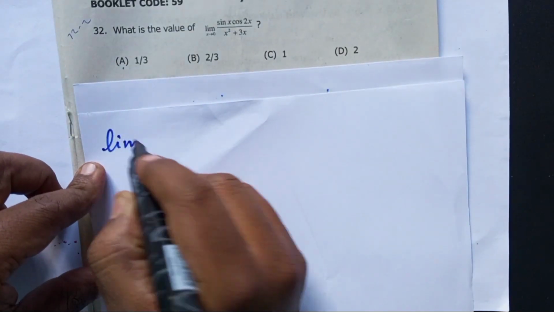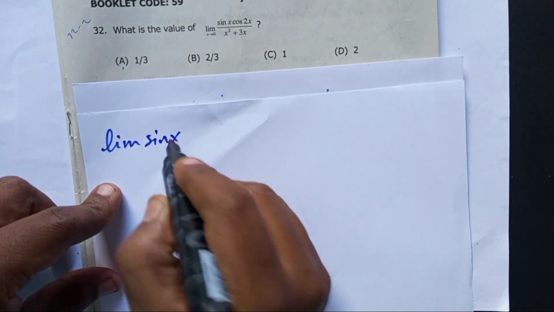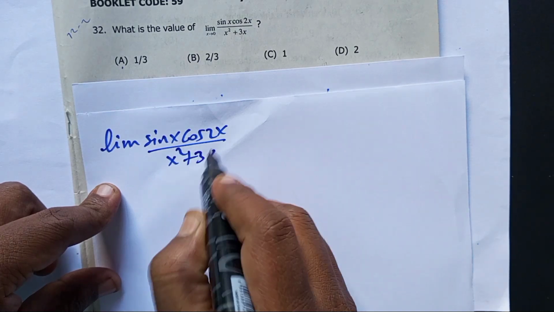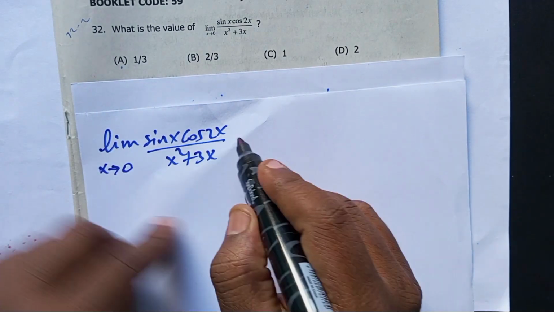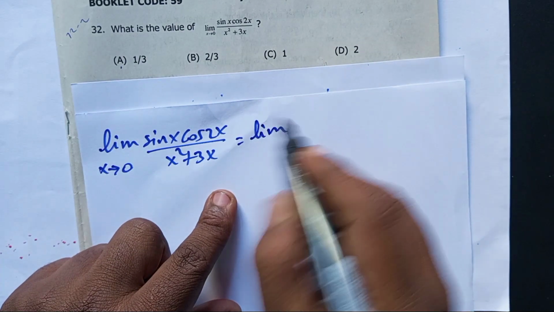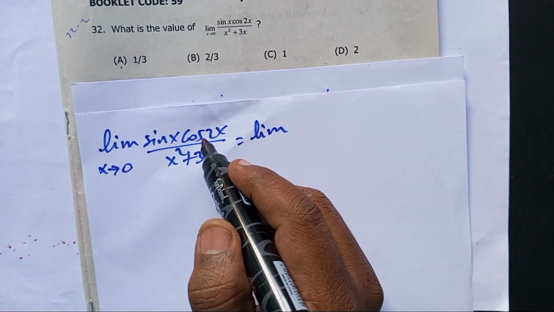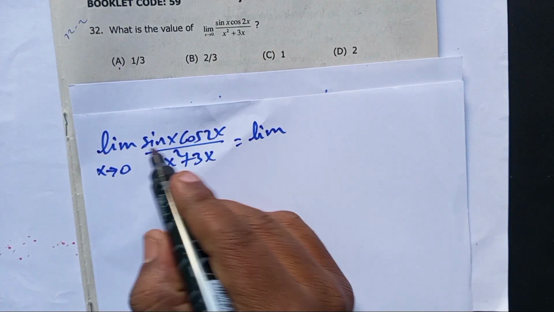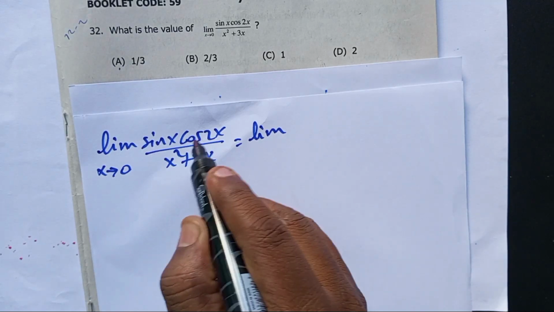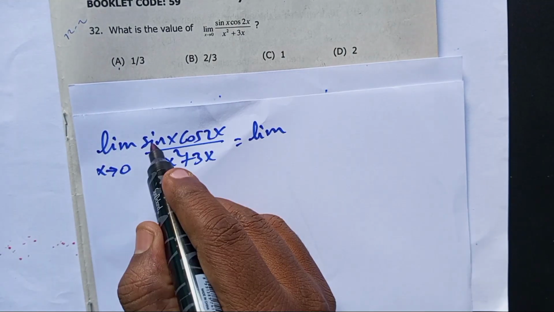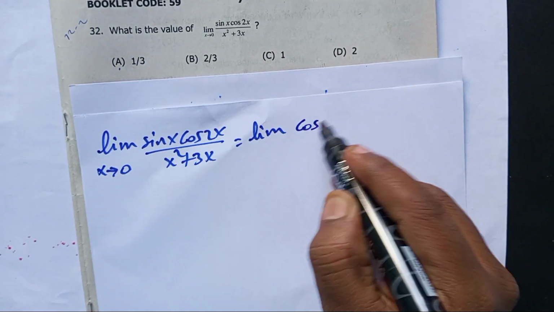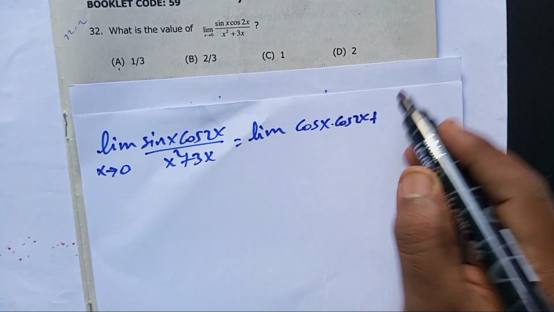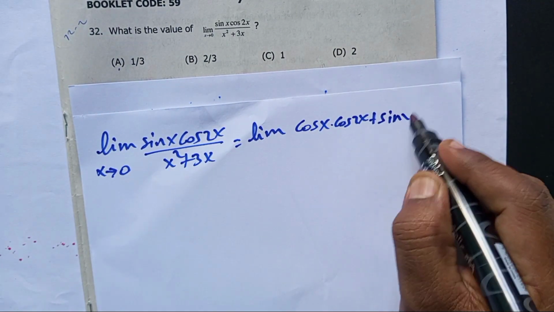The limit of sin x cos 2x over x squared plus 3x as x approaches 0 is equal to the limit of the derivative of sin x cos 2x, using the product rule. Don't forget, students, here is the product rule because it is the product of two functions. So differentiate sin x first, then keep cos 2x. The derivative of sin x, which is cos x, times cos 2x plus sin x, and take the